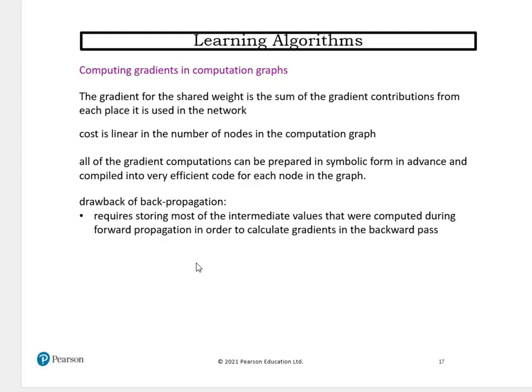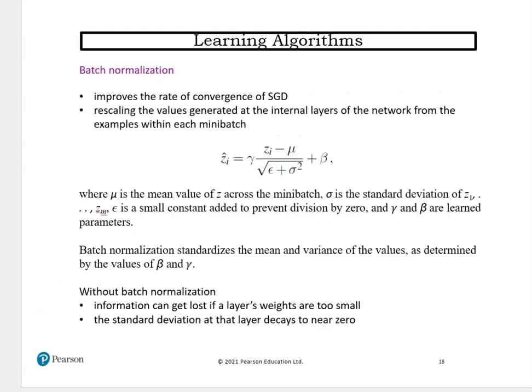Thus, even if the network itself is represented only implicitly by propagation code instead of a data structure, all of the intermediate results of that propagation code have to be stored explicitly somewhere. So that's the biggest drawback of backpropagation, but still, essentially, all neural networks today are trained using some type of